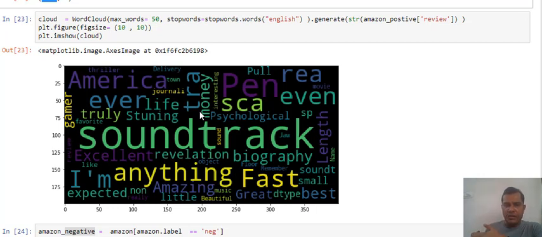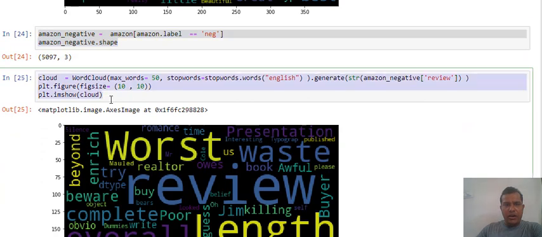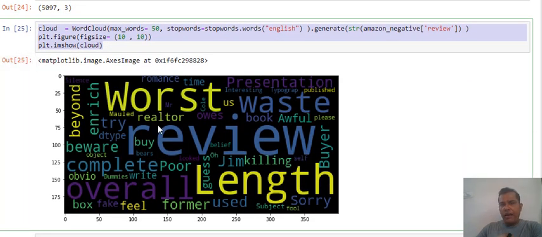Now at line number 24, I'm selecting only those records which had negative comments, and at line number 25, I'm building the word cloud only on those records. Upfront we can see that worst appears to be the most frequent word when people give negative comments. Worst, and then sorry and waste.